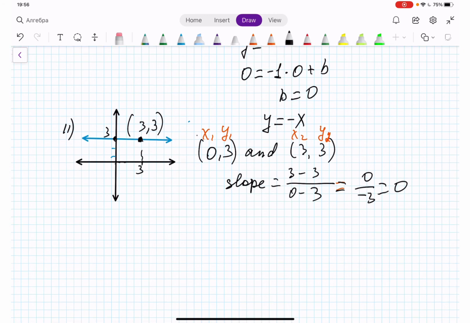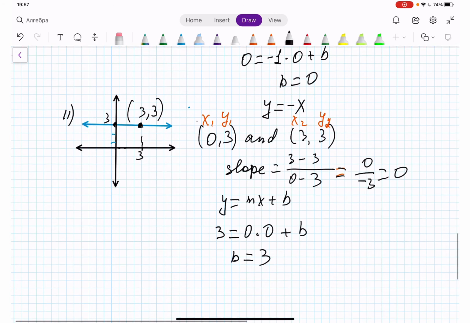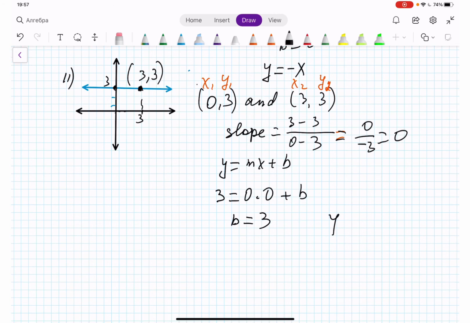Now let's find our y-intercept. I'm taking the first coordinate. y is equal mx plus b. Okay, y is equal 3. m is 0 times x is 0, which is going to be 0 plus b. So b is equal 3. So in our case, we have y is equal 0 times x plus 3, or y is equal 3. And indeed,